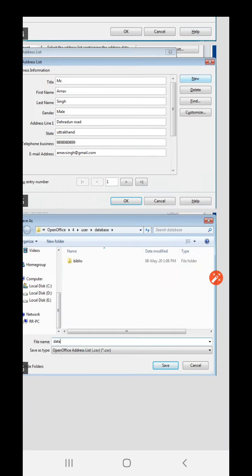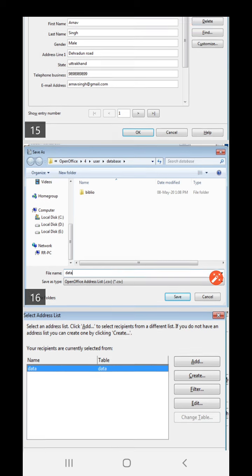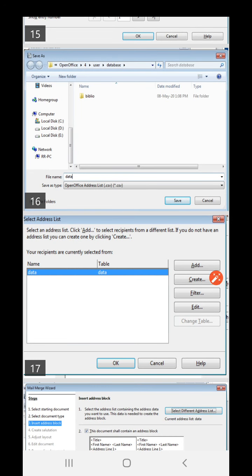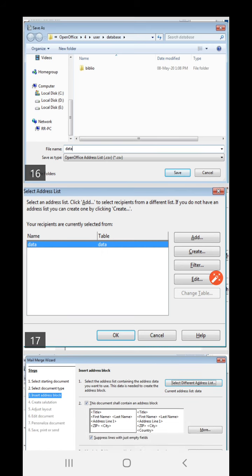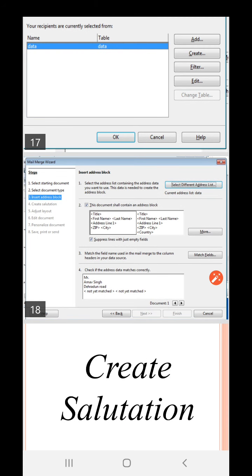It will open up this dialog box in which you need to save your address information list. You can write any name over here and click on save. When you click on save, you will see here the name of the address list is data, and you can click OK. Now, when you click on OK, this dialog box will open up.